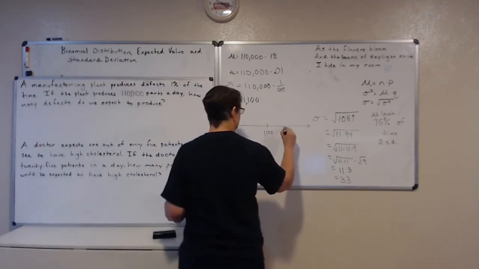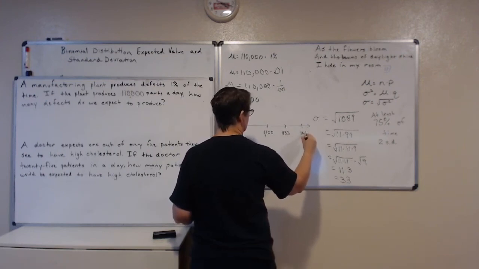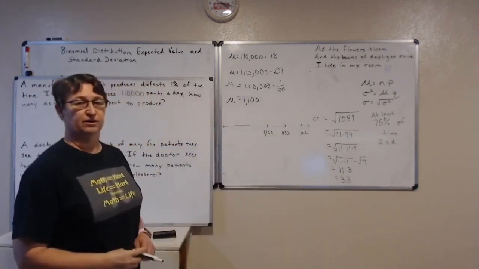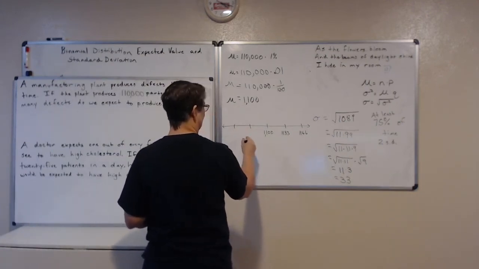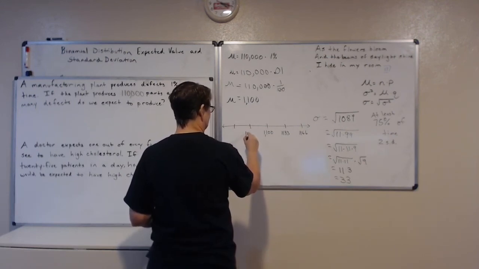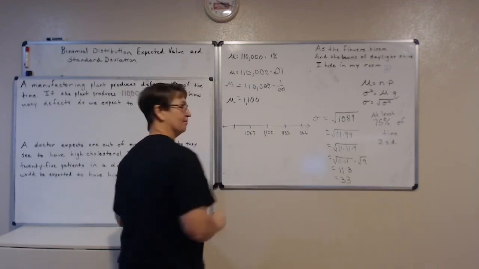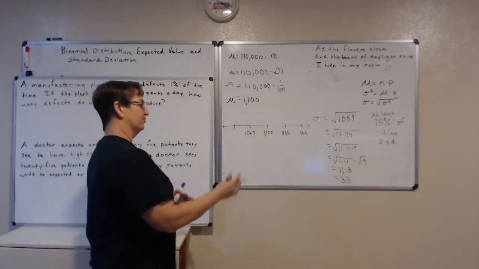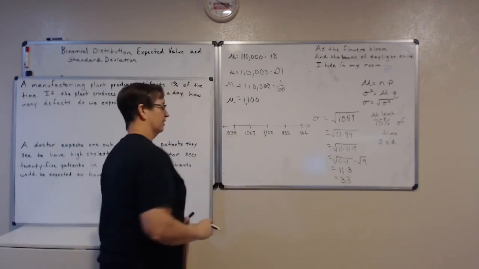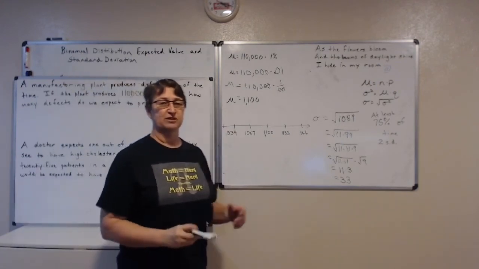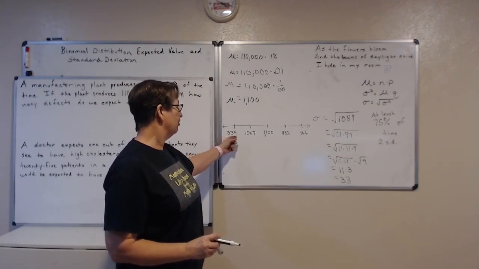Good, y'all have got this. So you just add that 33 twice, and then subtract that 33 twice. Uh-oh, that part's hard. So you got 1,100, subtract 33, 1,067. Is that what y'all got? And then subtract another 33 from that, so that you're at 1,034. So at least 75% of the time, I'm going to expect to get between 1,034 defects and